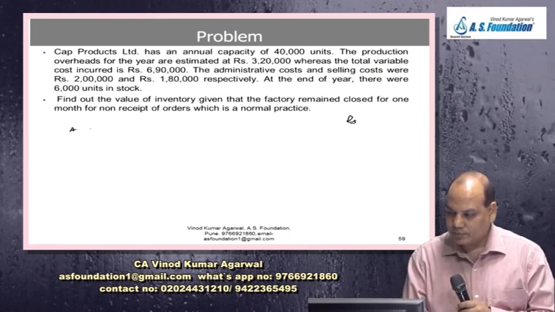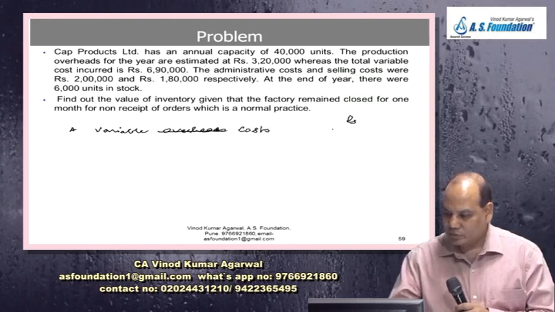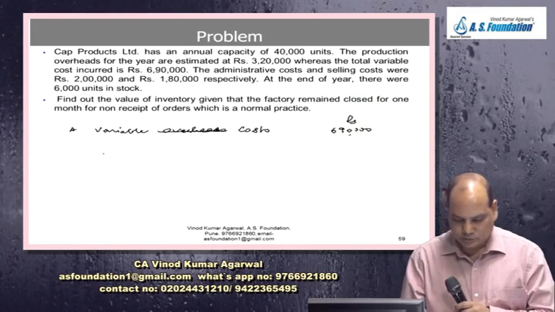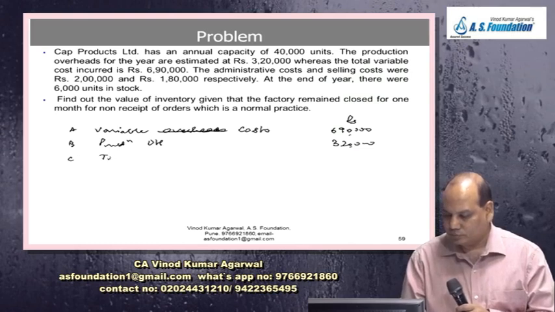First is variable cost other than overhead, 6 lakh 90,000. Is it right? And then production overhead. How much is production overhead? So my total cost